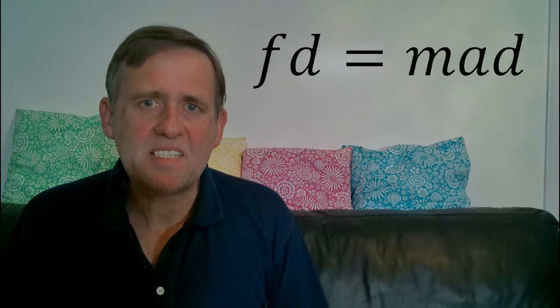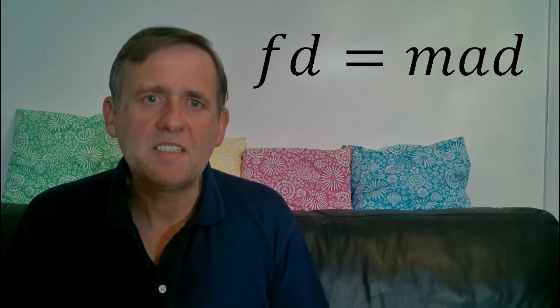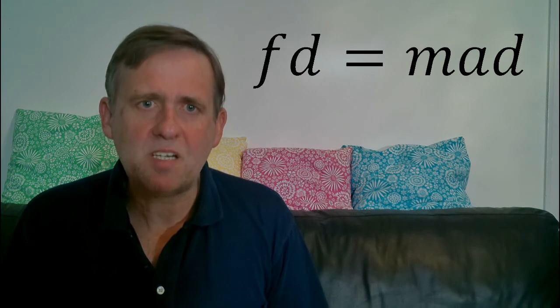If we therefore now multiply our force by that distance, we must also multiply the other side of our force equals mass times acceleration formula by distance, leading to this side now equaling mass times acceleration times distance, or MAD